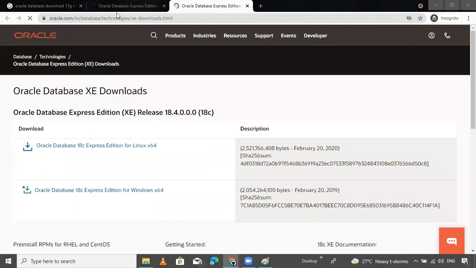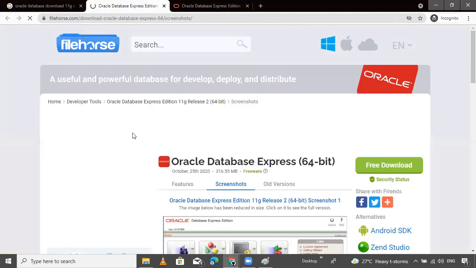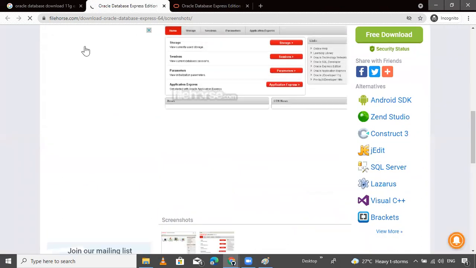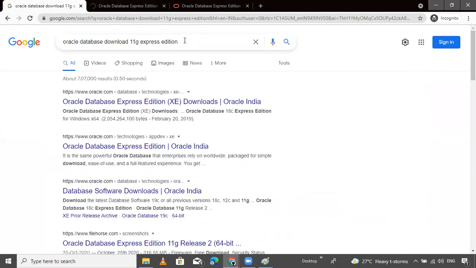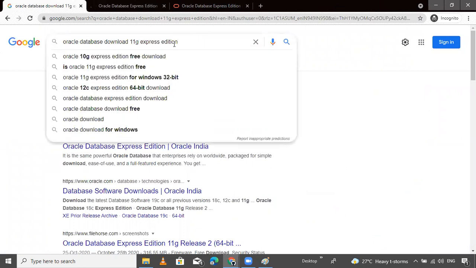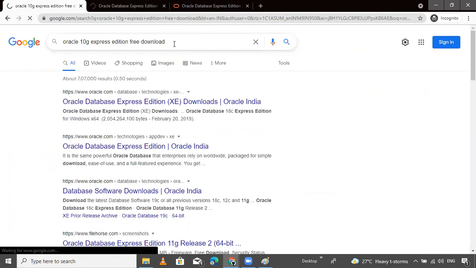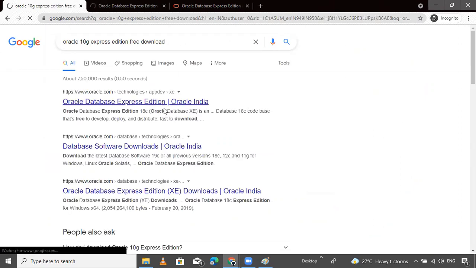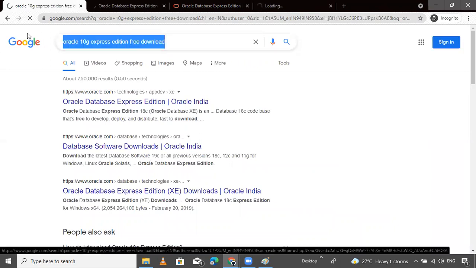You can download from some other third-party website, but I don't want to use a third party. Express Edition is free. Yeah, 11G.